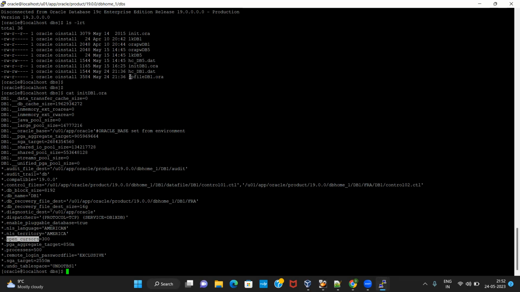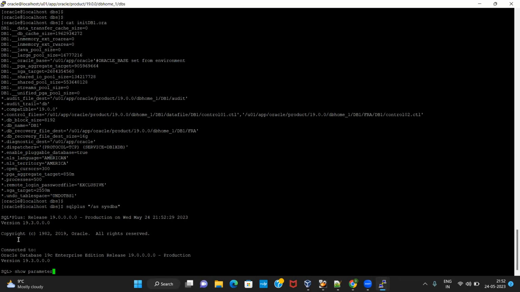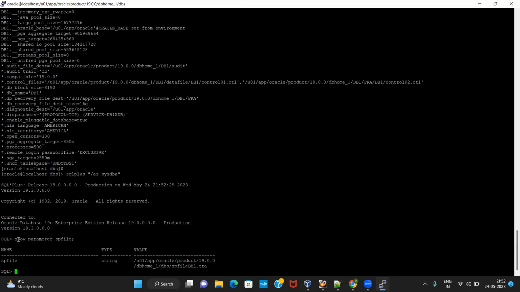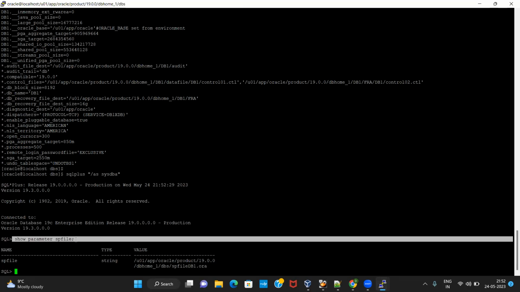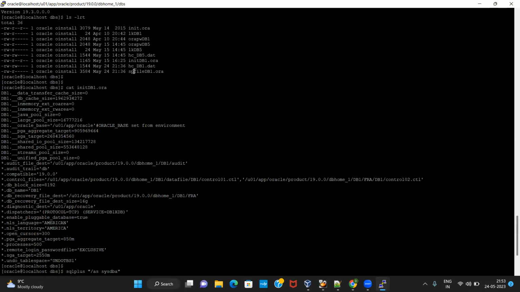Whereas if the database instance was started using the dynamic parameter file, like this one, in that case, on the fly, if you want to change a parameter value, you will be able to change it. Okay, so let's see how we can do that. Okay, so in this case, I fired this command show parameter spfile. Now this is giving me a value like this path, and it is giving me the name of the file as well. Okay, so inside dbs, this spfiledb1.ora, this was the name of the file that we referred just now, correct? That this is a dynamic